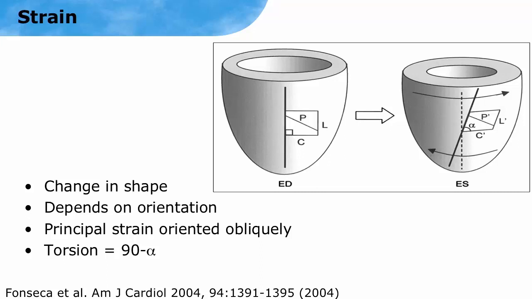Okay. Another thing about strain is that it's different in different directions. So it depends on the direction that you measure it in. If you think about it in 3D, here's the apex, here's the base. Different pieces of myocardium will strain in different ways. So you get circumferential shortening, you'll get longitudinal shortening. You'll also get torsion, which is the relative twist of the apex versus the base during systole. And that's an interesting parameter, particularly mechanically in some patients, and it's received a lot of